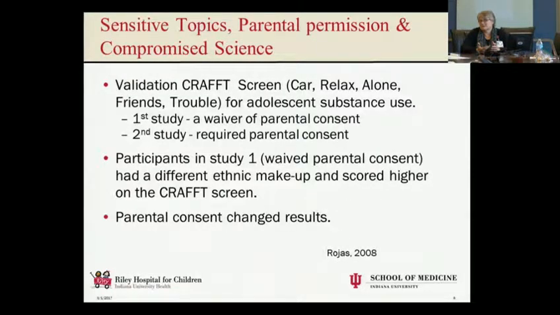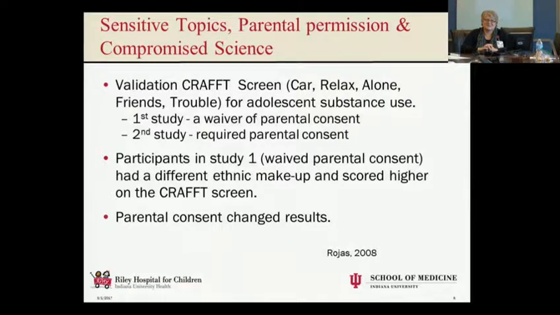This is what I talked about on the last slide, particularly with sensitive topics. Parental permission can compromise science. We talked about diabetes with the last one. This is a published study that was a natural experiment. They had a group in a children's hospital that was validating the CRAFFT screen, which is a drug